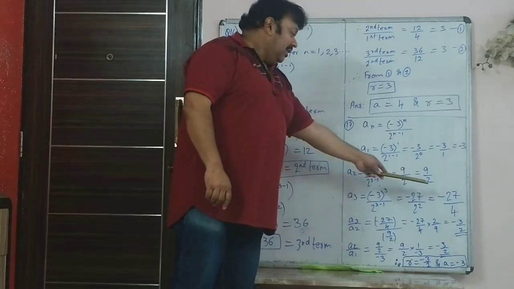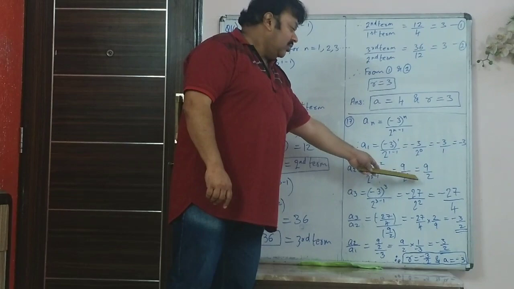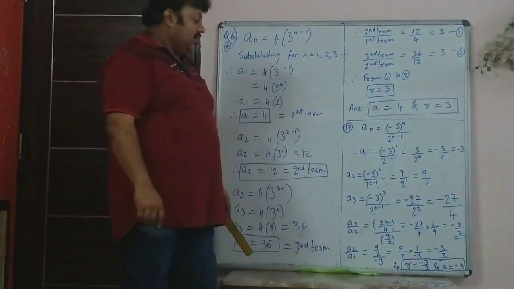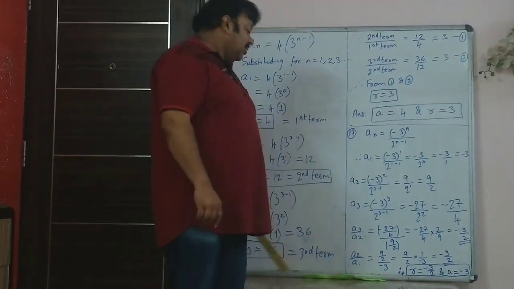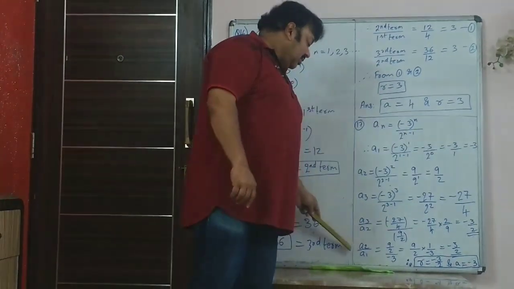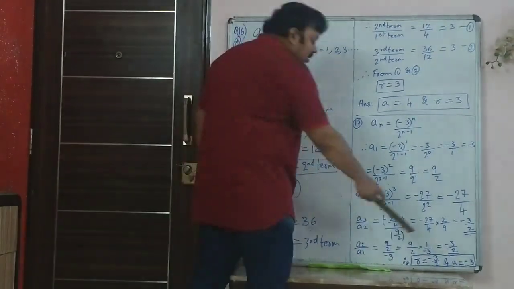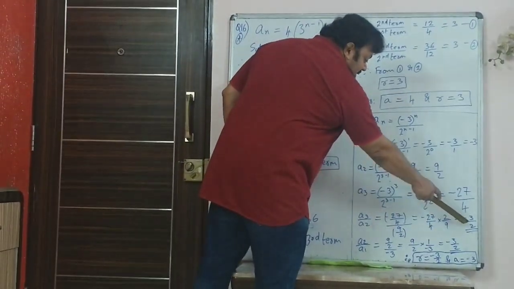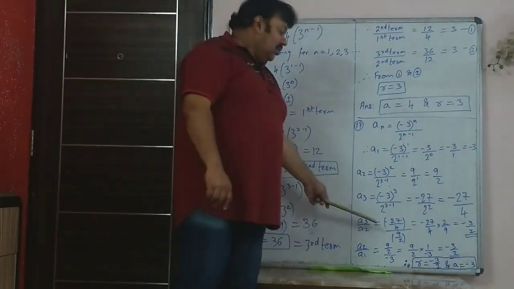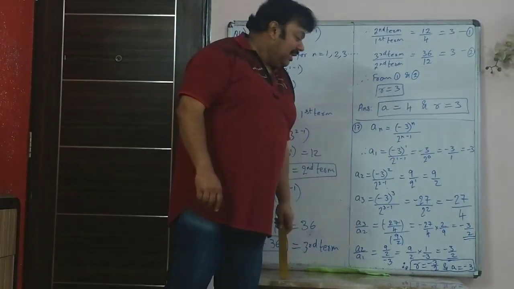So from this, you can figure out third term upon second term. When you do minus 27 upon 4 upon 9 by 2, instead of upon, it will become multiplied with the reciprocal, into 2 by 9. So therefore it will become minus 3 by 2. Then again A2 upon A1, this also when you do it, you get minus 3 by 2. So we have just found the common ratio. Because these two are same, therefore I will call them equation 1 and 2. So the common ratio is minus 3 by 2 and A, that is the first term, is minus 3.